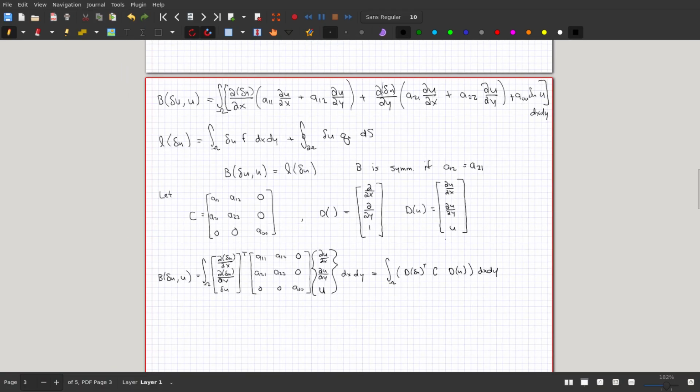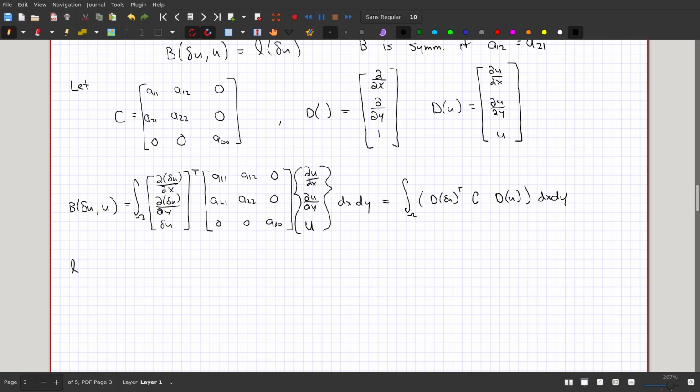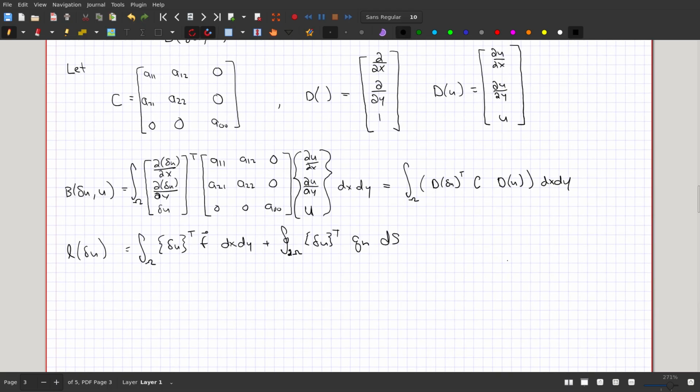So then L. So this is our weak form. So then